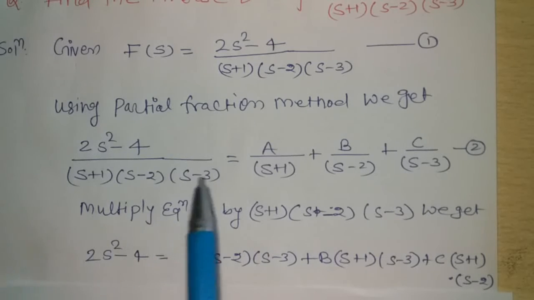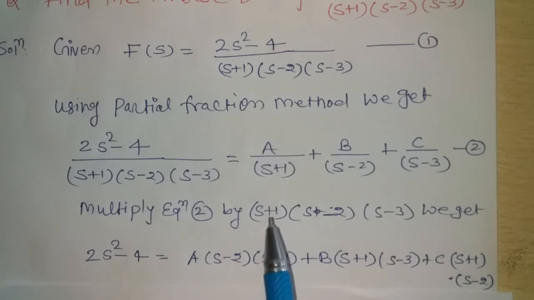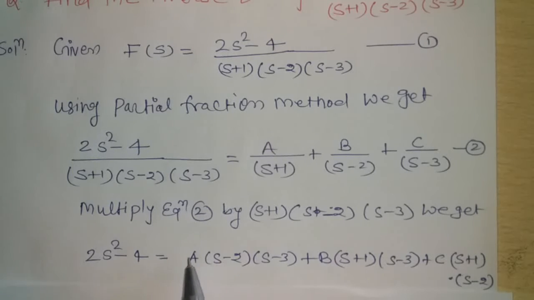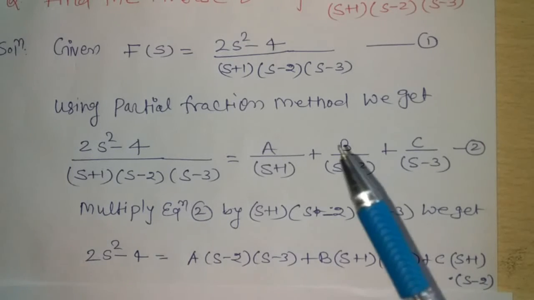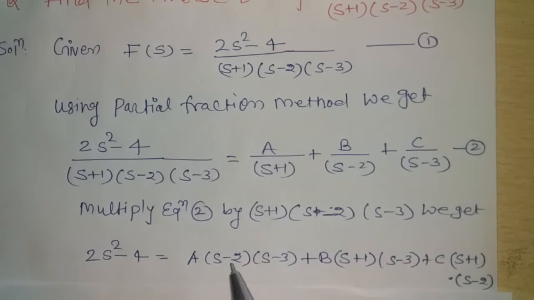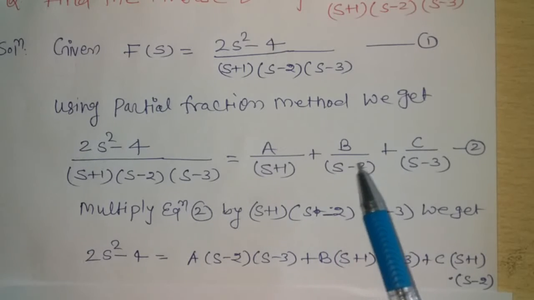When we multiply, the denominator cancels and we have 2s² − 4 equal to, on the right hand side, s + 1 is cancelled, then we have a into (s − 2)(s − 3) plus